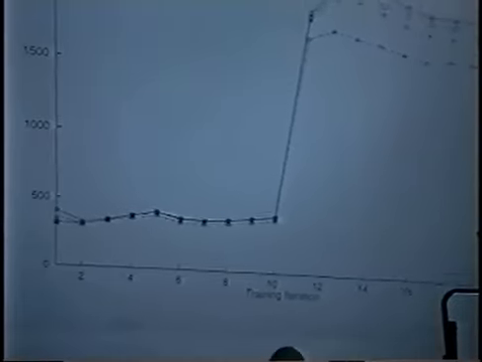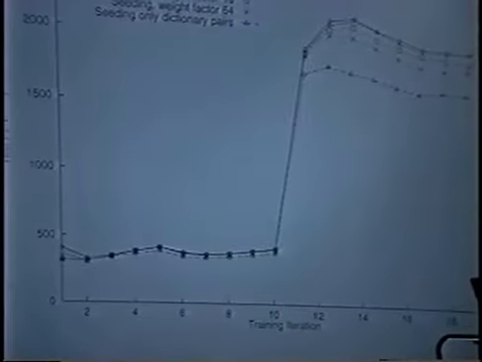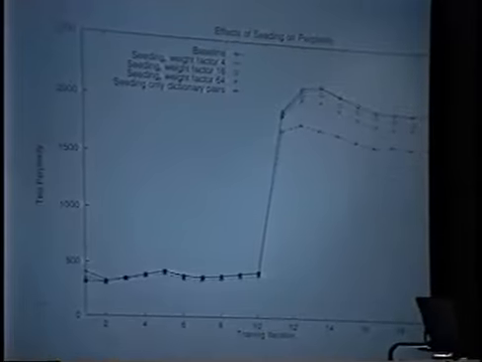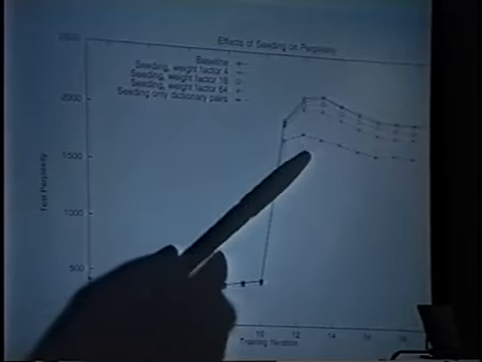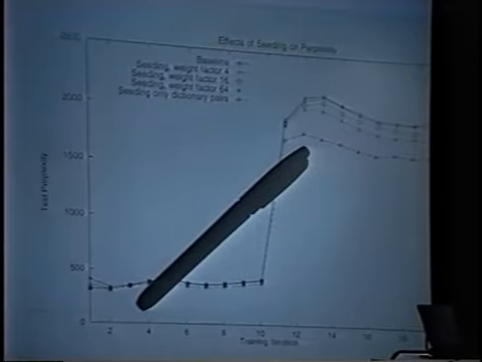So, here are the results looking at test perplexity. You can see here the so-called weighting of infinity, weight factor of infinity. There's a limit to how much you can improve test perplexity here. And the reason there's a limit is because the seeding is being washed out. So we need something a little bit stronger if we want to get a better improvement. So, the dictionary constraint